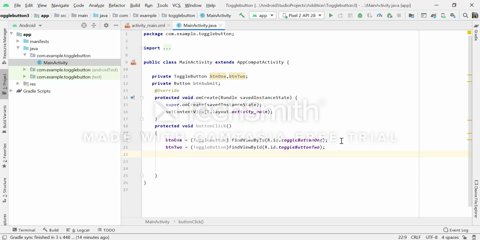Now it's time to set the button ID to the btn submit reference of the button class.